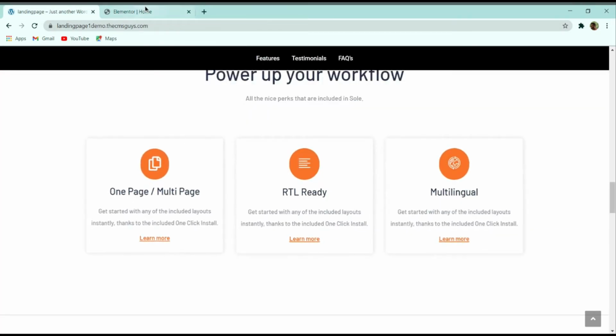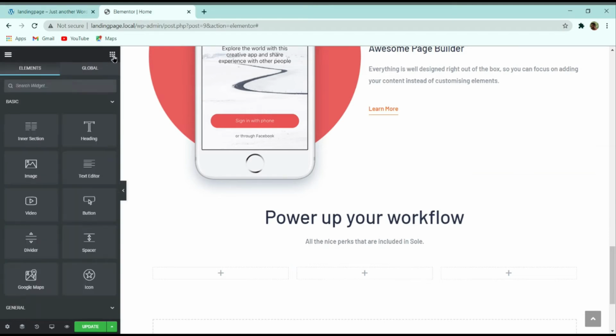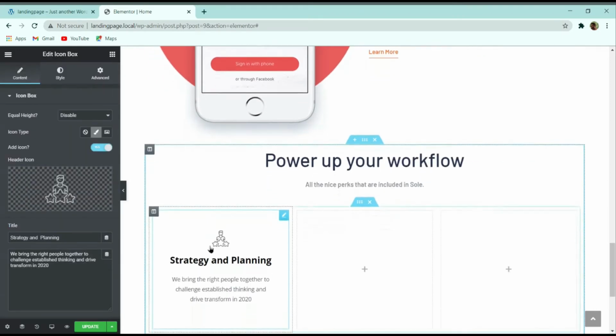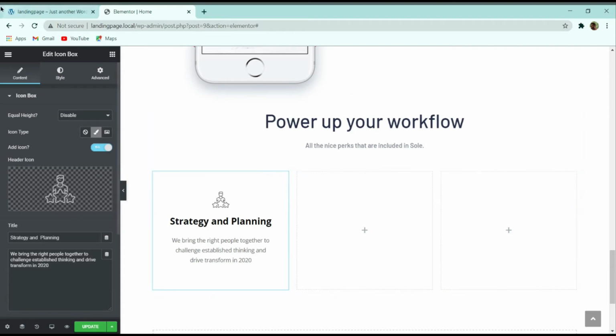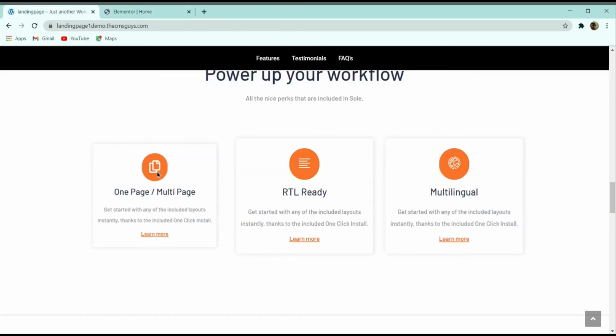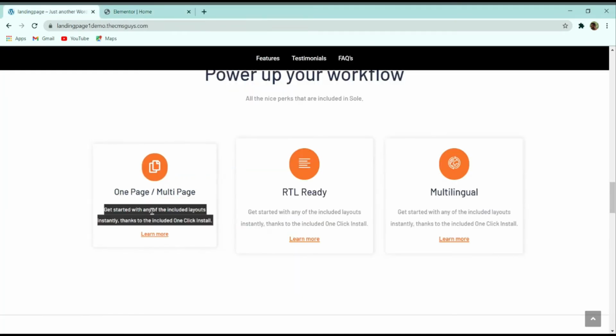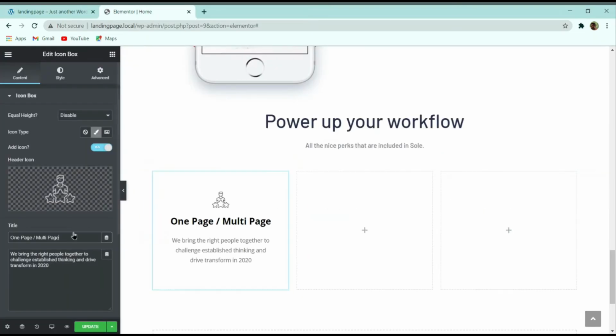So to create the icon box again here I will click on these nine dots, and then here I will search for icon box, and again I will drag this icon box by Element Kits. Simply drag this icon box by Element Kits, and then let's start customizing it. So to customize it, first let me copy the heading text from here, and here in this title part I will paste the heading text, and then again I will copy the description part, and here in this description part I will paste the description.